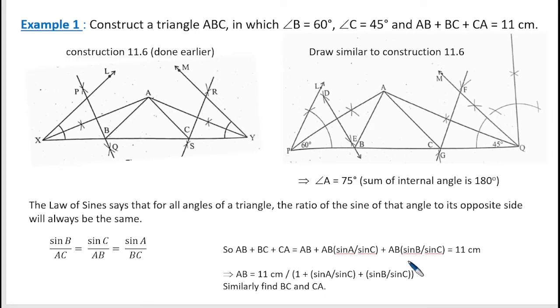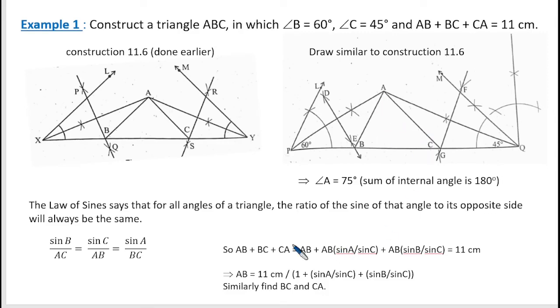So AB is equal to 11 centimeter divided by 1 plus sine A by sine C plus sine B by sine C. These values, from trigonometry you can know, are known values, so you can find the length of side AB. Similarly you can find the length of side BC and CA. Anyway, this is for your general knowledge, but it is possible, given all three angles and the sum of all the sides, to find the